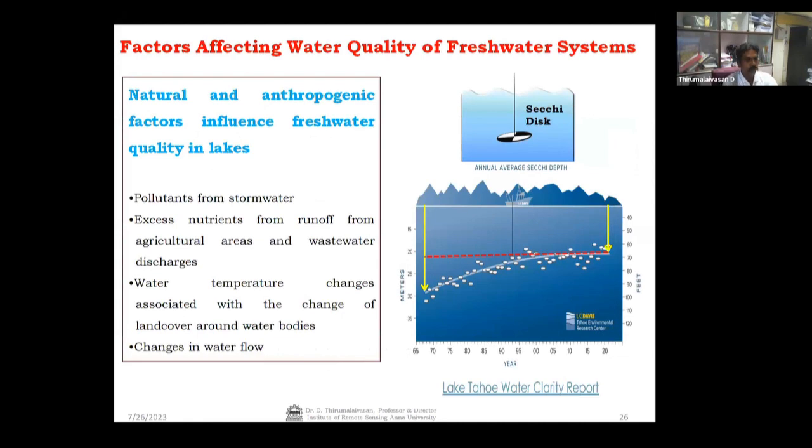And now coming to probably a more interesting topic to ICCW: can I also have some kind of measurable parameters from satellite with regard to water quality? For example, all man-made and natural impacts create pollutants in your freshwater sources. For example, man-made, because we have plenty of examples, we all know the anthropogenic impact of pollutants on the freshwater sources. And what you see on the right-hand side is from a particular lake,